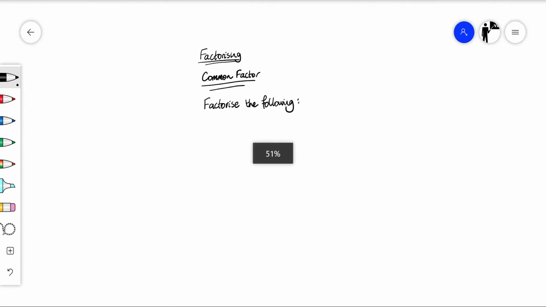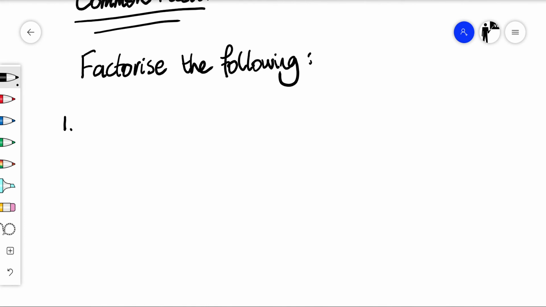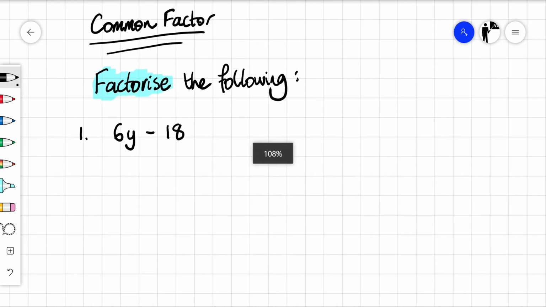Okay, number 1. Let's imagine we had 6y minus 18. Okay, so factorise essentially means put the brackets back in. Factorise means what did we multiply out in order to get this answer? Okay, so what we have to do